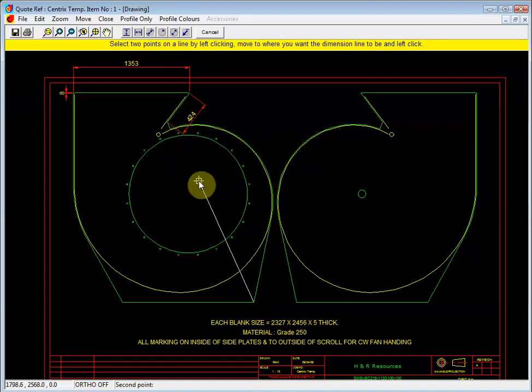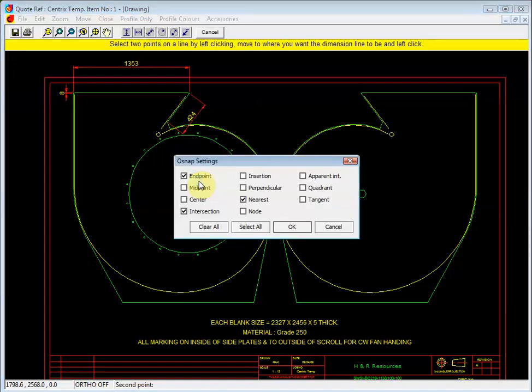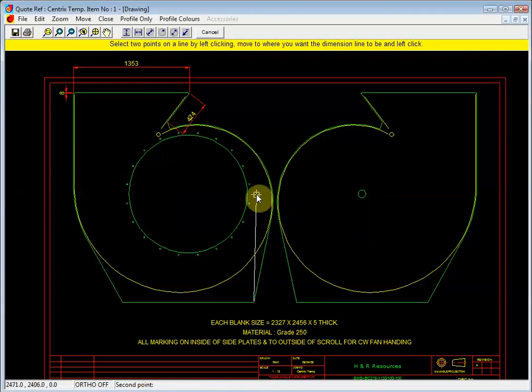Now what I can do to get more snap points available is to hold down the control key and right click on the mouse at the same time. And we've got some more what are called OSNAP settings. So I can add, in fact, to make sure I can only get the centre, I can clear all of these other ones and just activate the center snap. So I say OK. So now I can go to the center of that circle,